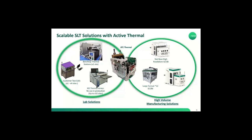Some people are then taking that and adding some engineering handlers to those engineering solutions. And then some people are then taking that and enabling them into higher parallel solutions that can then be taken and scaled from engineering into the high volume production. And yet again, in high volume production, there isn't a one size fits all, because it really depends on the test times, the package sizes, the yields, and volumes that will really determine the level of parallelism that people want to